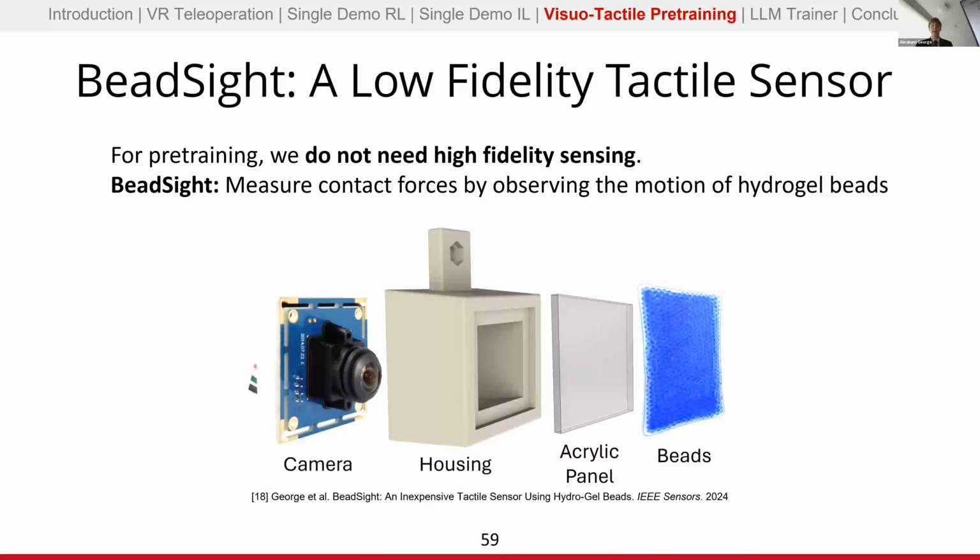So by using this lower fidelity sensor, we're able to show that pre-training can be useful regardless of what tactile sensor you use. You don't need to have a really high quality sensor.